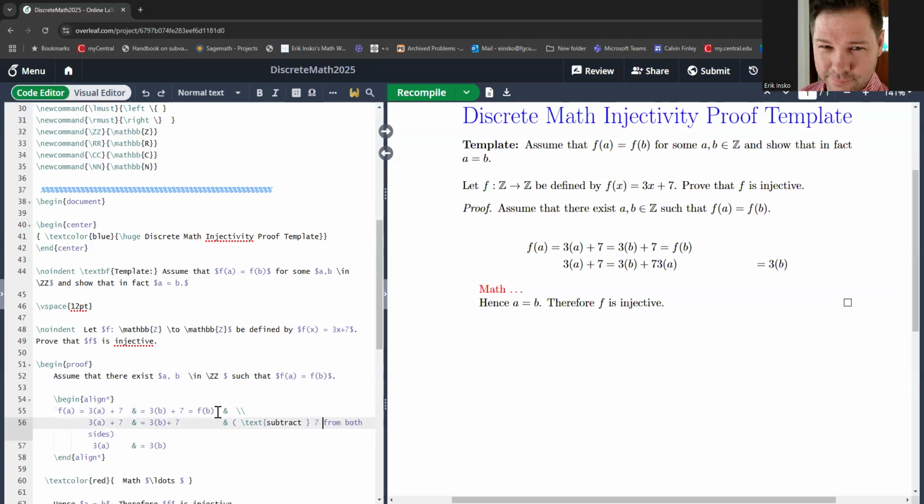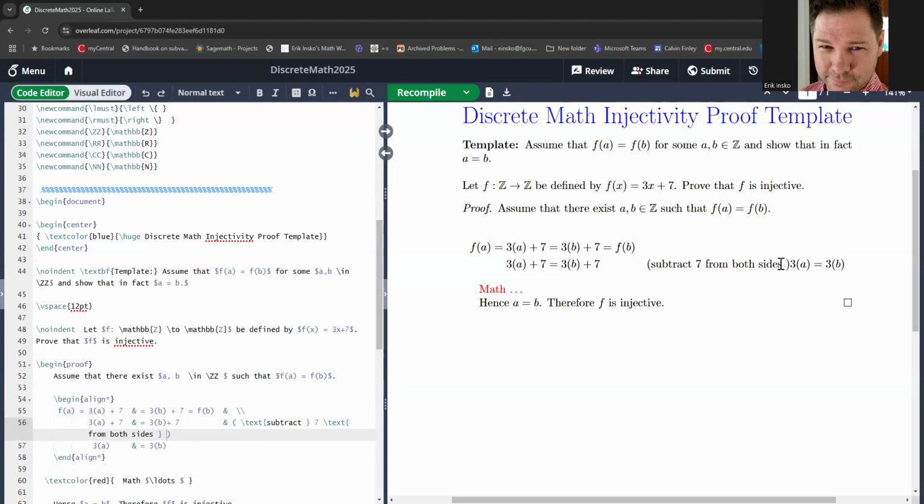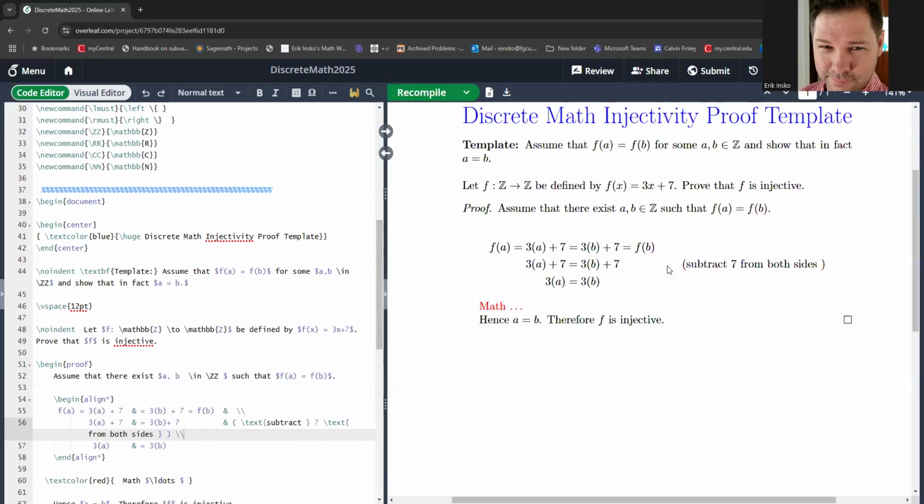And this also has to be in text, because I'm in align mode, which is in math mode. And so if I don't put that in text, then it's going to be all italicized and look ugly, not have spaces. So subtract 7 from both sides. That's how I got from here to there, okay? So there's a justification. Hopefully it's clear how you get from here to here. And now to get from there to